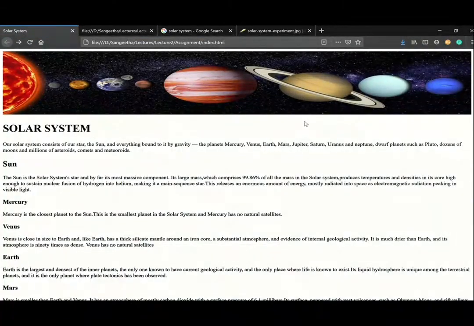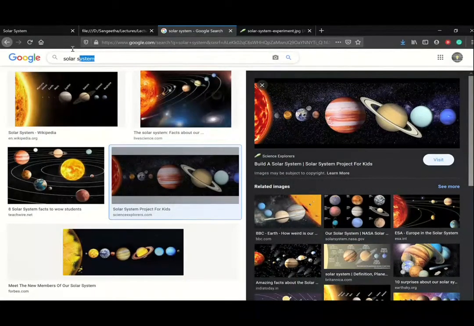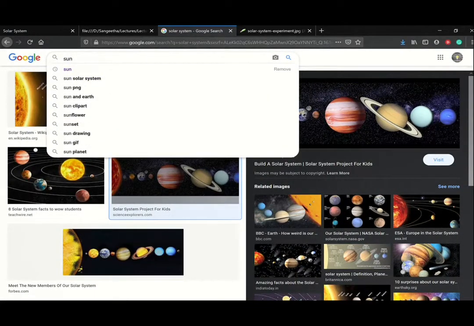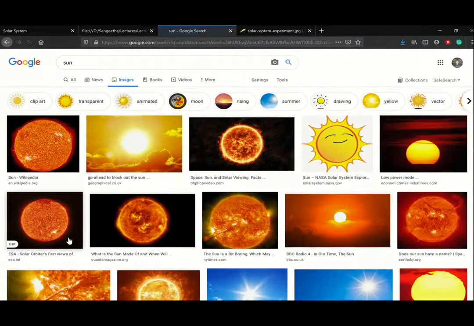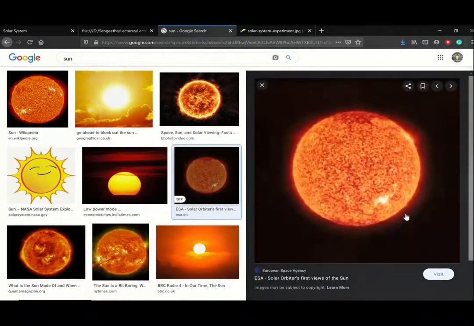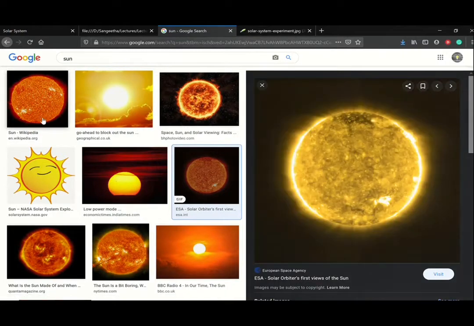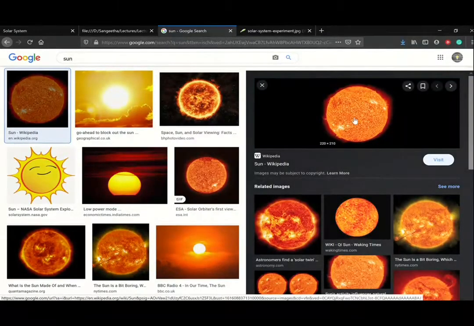Now you can also insert images for sun and other planets in the same way. Search for the image first. View the image, select any one image, go to the image and copy the URL and paste it in the source attribute of image tag.